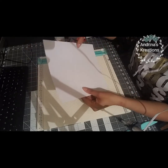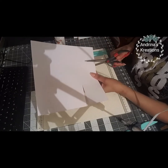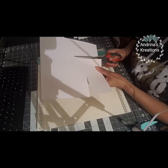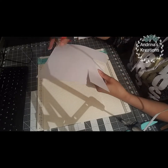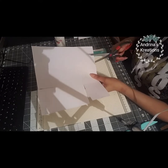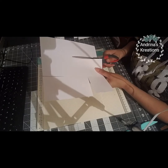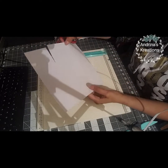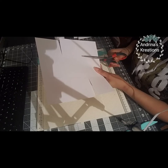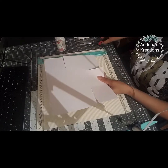I am going to rotate my cardstock. So this is the part I cut. And now this square, I'm going to cut the same thing, exactly on the score line. Then I'm going to rotate, and I am going to cut again my right square all the way on the score line. Then I am going to rotate, and again, my right square. So I have this,